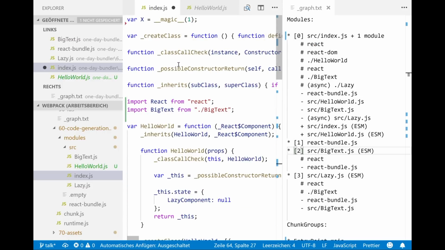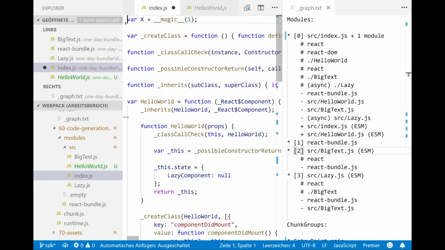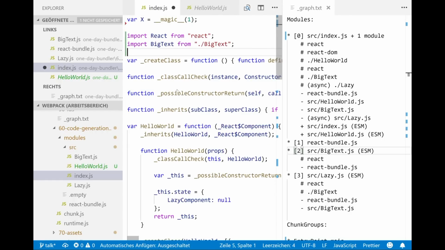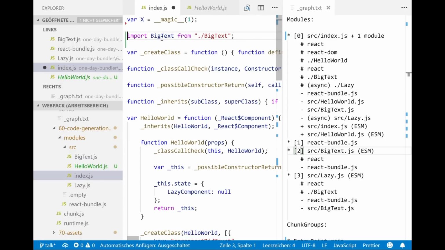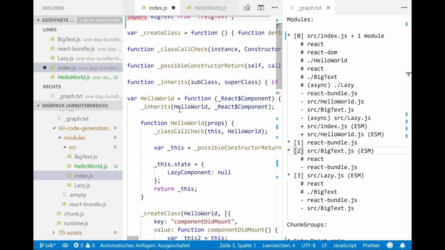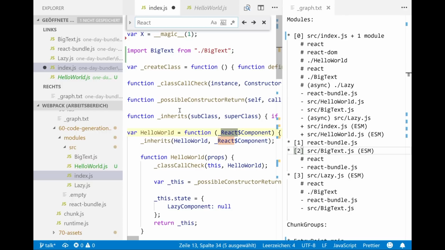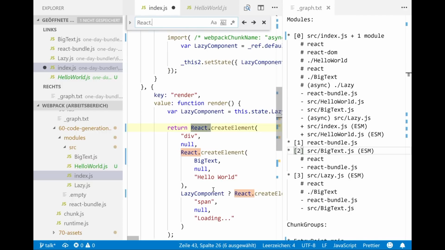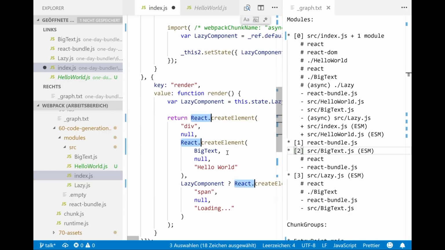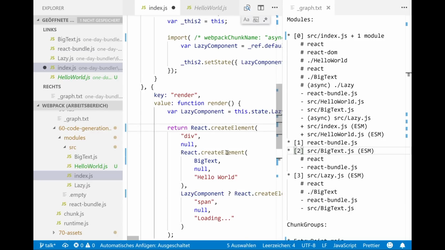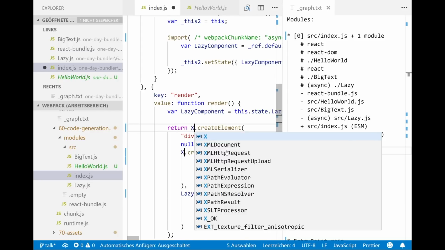Okay, and because every import is hoisted, everybody who reads the spec knows this. So React, we do this already. So React left, React dot. Okay, we just replace everything with x.default.